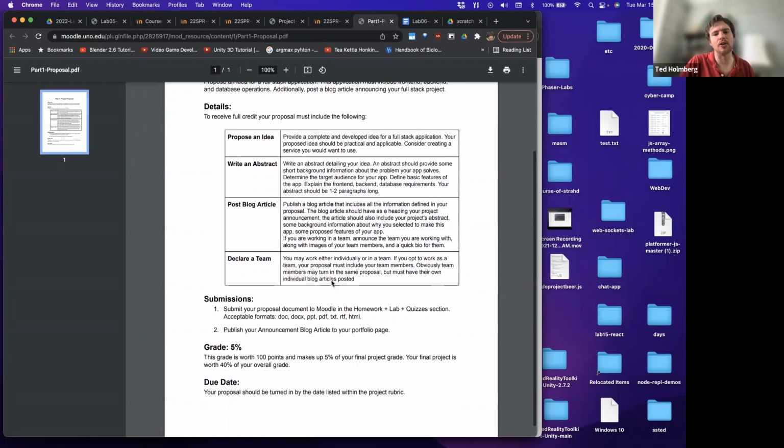And then finally, clearly, you would declare your team here. So this is where you will start to group into teams. Feel free to use Discord with the find a team channel or whatnot to start seeking out team members. And I'll leave it to you to self-group into teams and to decide how you're going to select the criteria